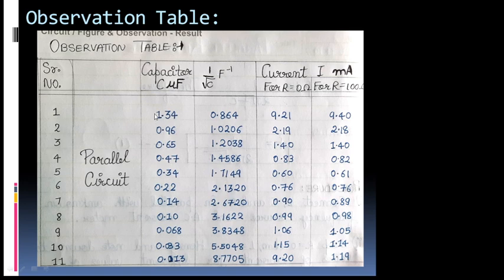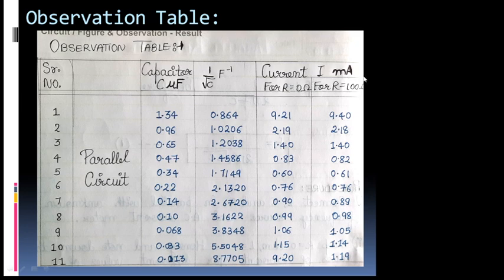So ultimately, whatever the value is, you take 1 over root C of the same value and multiply by 1000. The multiply by 1000 is missing here, so multiply the entire column by 1000. Now the current I is in milliampere,